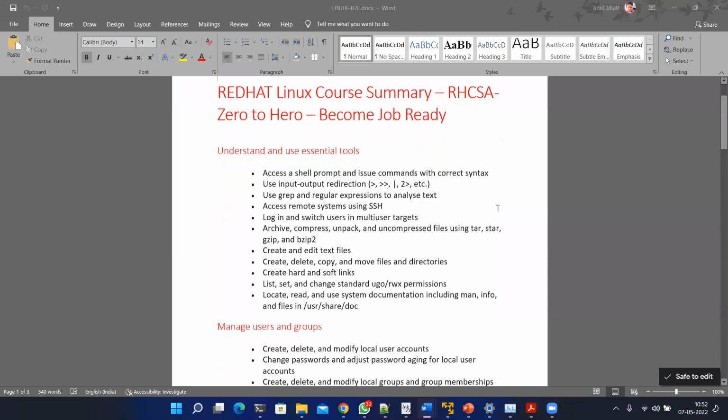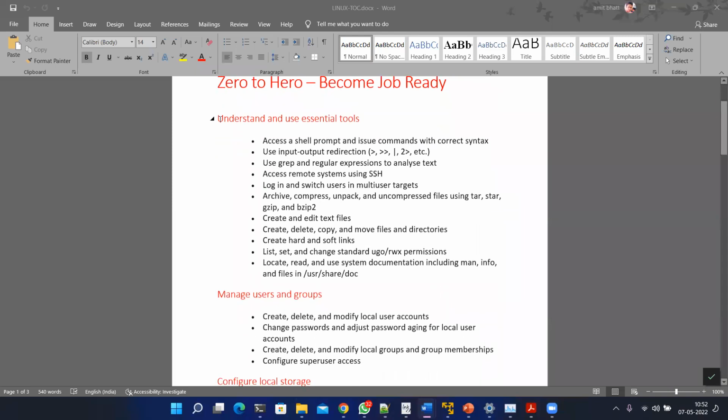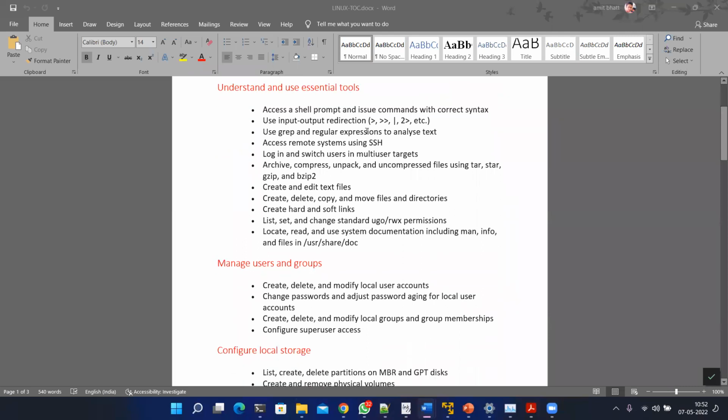See, the first part will be, before we start learning Linux properly, we need to know how to run commands, the basic commands. To start learning, we need to know some basic commands, some basic concepts. So the first section is that only: understand and use essential tools.